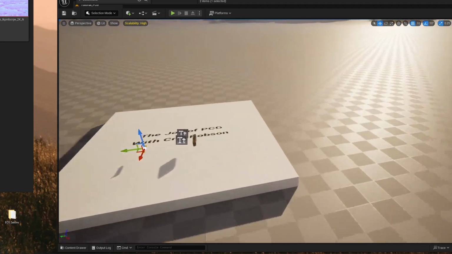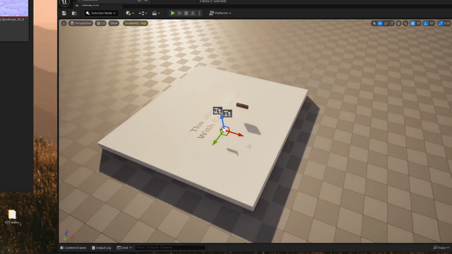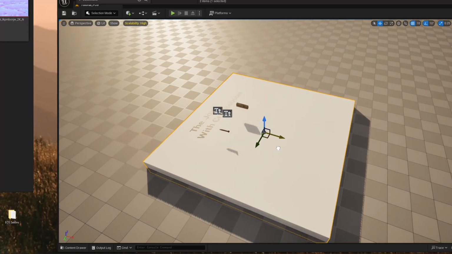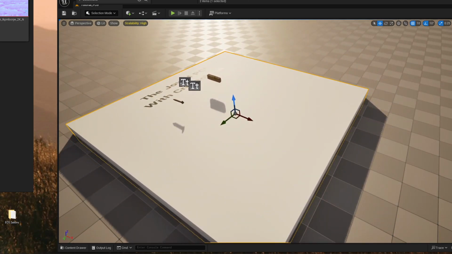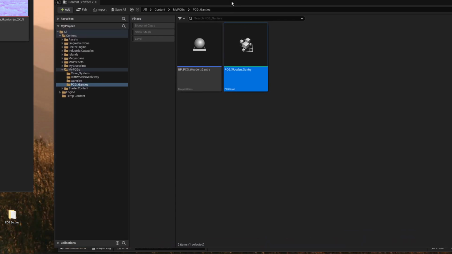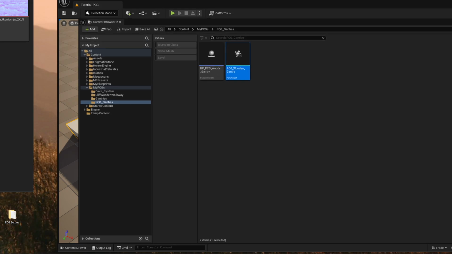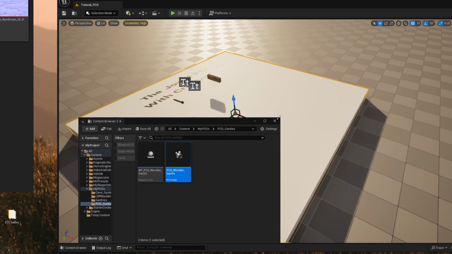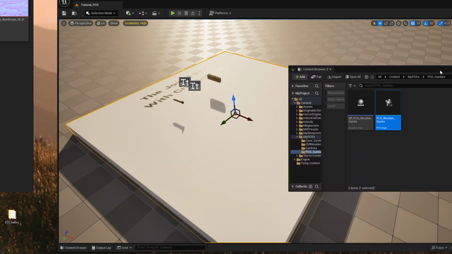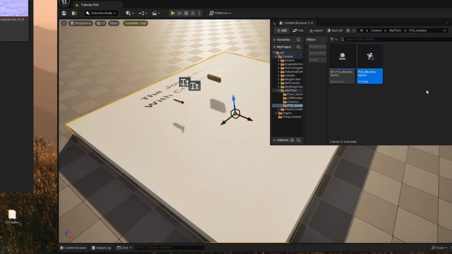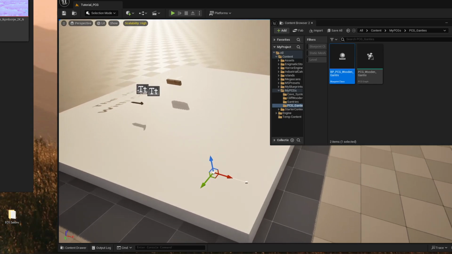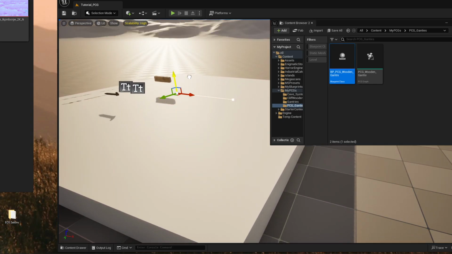There we go. And I've got this nice little canvas. I like to put a white cube on things sometimes so I can see things a little bit better. And what I'm going to do is, firstly, reduce the size of my thumbnails. There we go, because they are huge and they don't need to be. And then I'm going to just pop that there. Drag my BP PCG wooden gantry just to here,